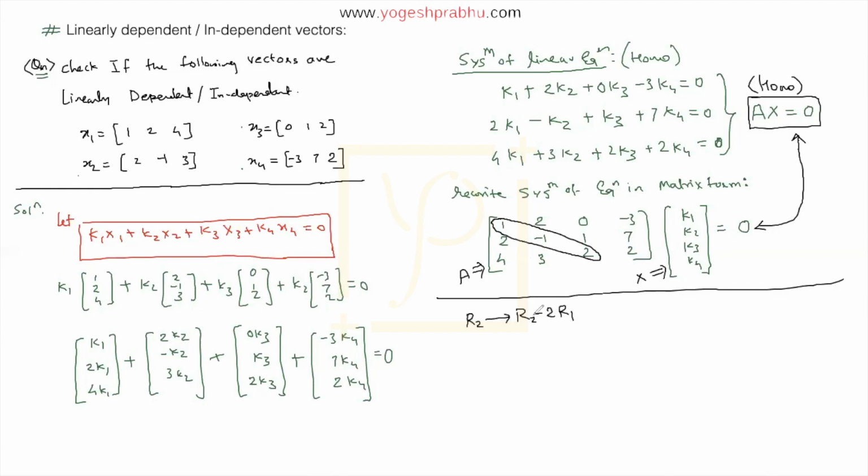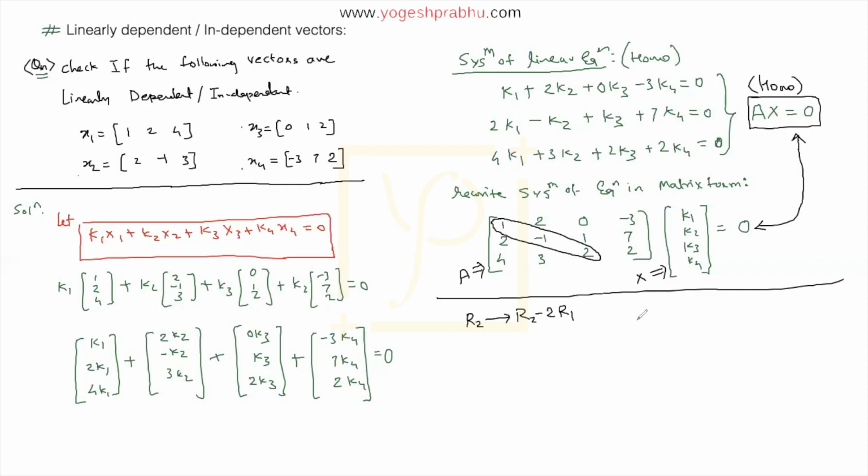Now, how do I write this? I am not looking at the entire matrix or anything. I'm just looking at, look, I have 2 over here. And my goal, my aim is to make this 0. And if this has to be 0, I should simply double this and subtract that from here. Once again, I'll explain that. I have 2 sitting here and I want to make this 0. To make that 0, I will double this and then subtract so that this becomes 0. That's my only strategy. I'm not looking at anything else, but somehow I want to make this 0.